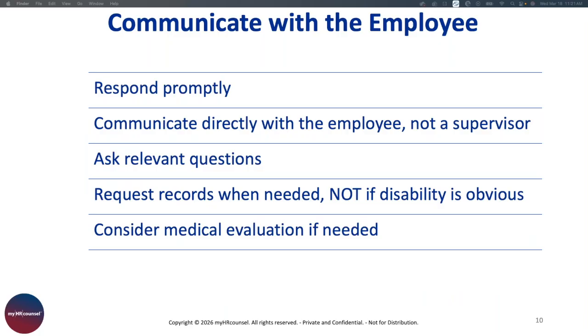Do not ask an employee for records that are unrelated to determining the existence of a disability and the need for accommodation, such as a person's complete medical records. You can't ask for that under the ADA. Instead, you've got to focus on their ADA disability that is limiting them at work. And you can't ask for information relating to another disability or medical condition that the person might have. You've got to focus on the specific disability that's limiting them in their job.